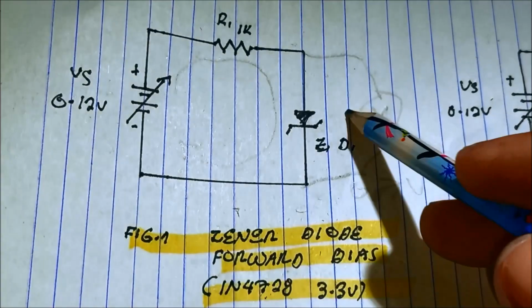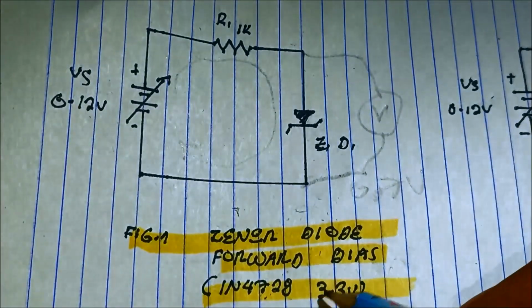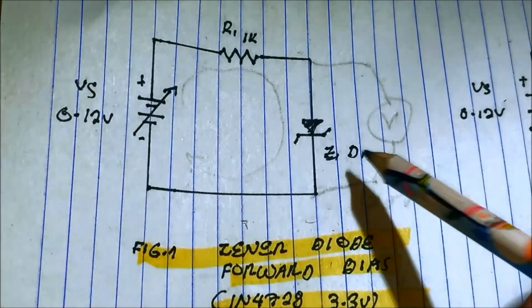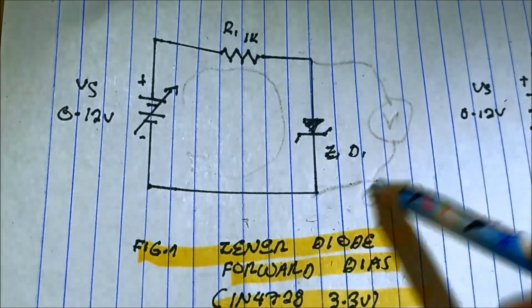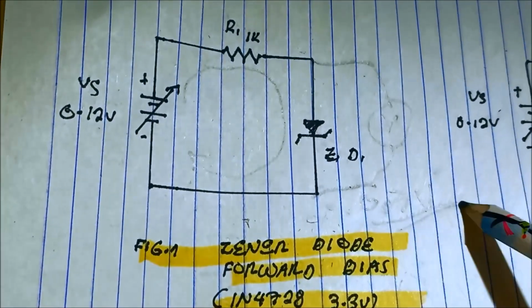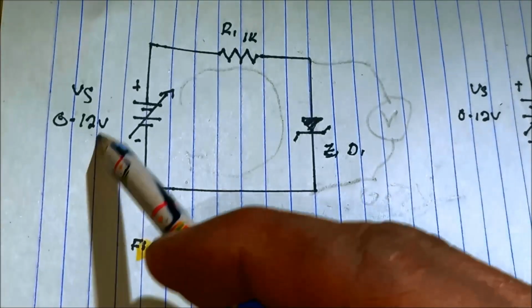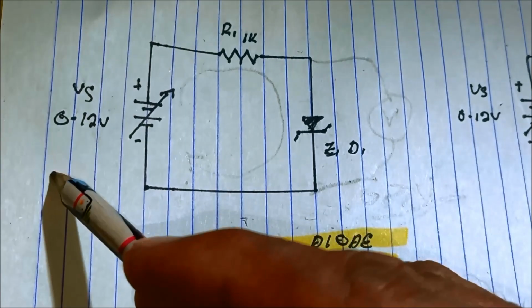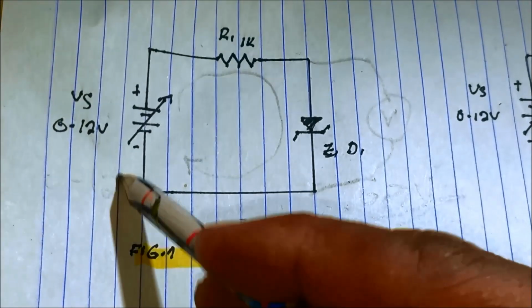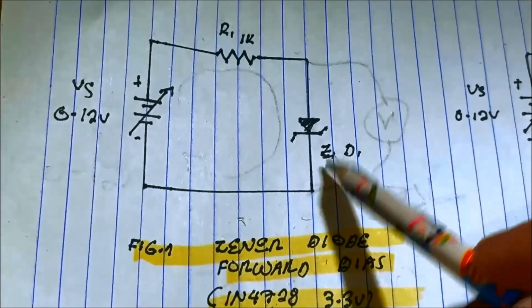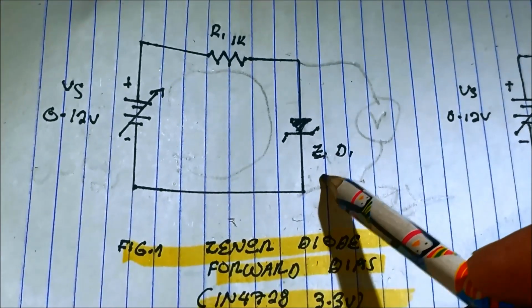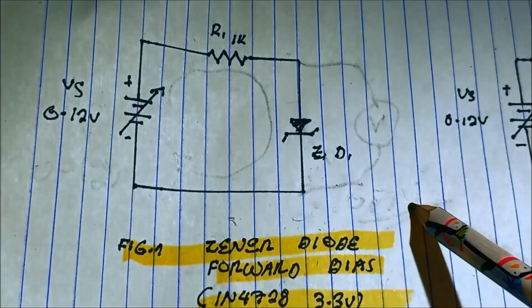Even though this diode is rated at 3.3 volts, it still functions as a normal diode with a voltage drop, or forward voltage, of 0.7 volts. While adjusting the supply from 0 to 12 volts, the voltage drop across the diode is still 0.7 volts,